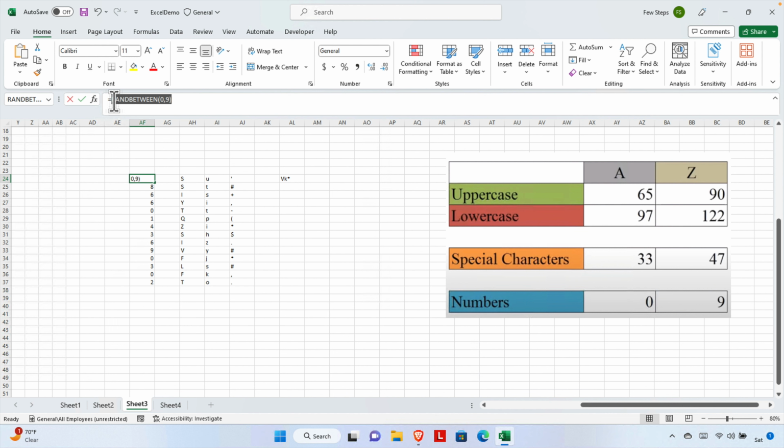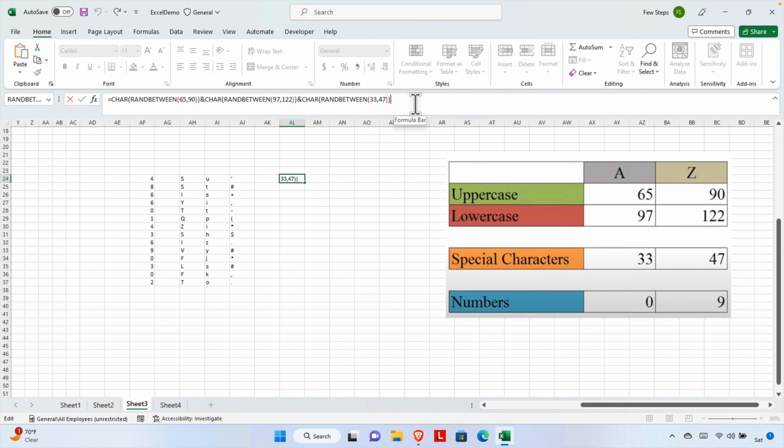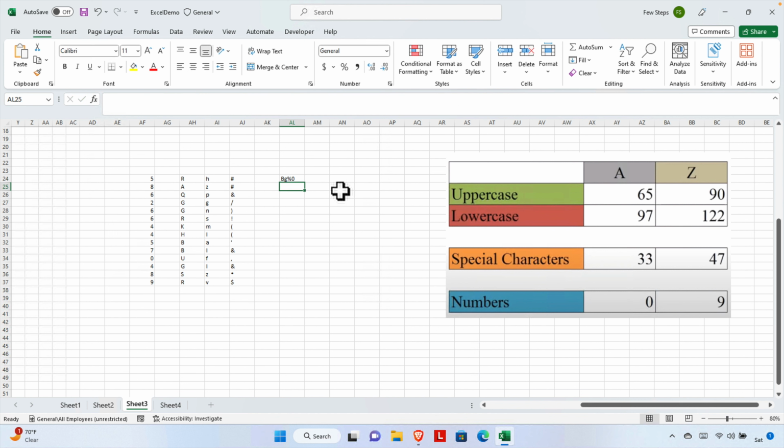Now let's add a numeric field also. So I'm going to copy the new numeric field formula, which can generate a random number from 0 to 9, and I'm going to jump to the previous cell and paste it. But before pasting it, we also need to add an ampersand sign. So I'm going to type an ampersand sign to combine this whole formula and to make it correct. And once I type the ampersand sign, if I hit the enter key, then we'll see a 4 length string has been